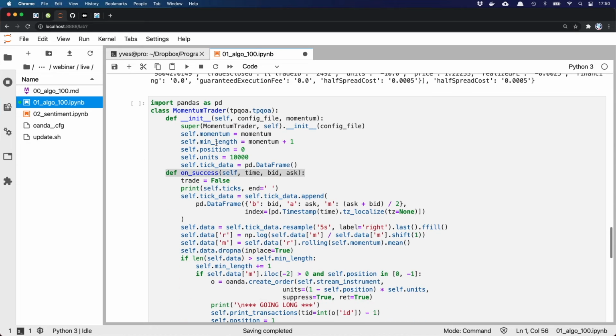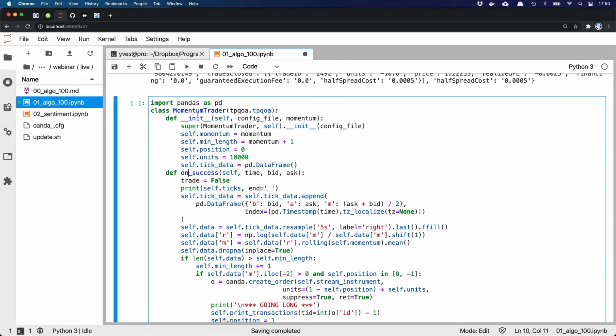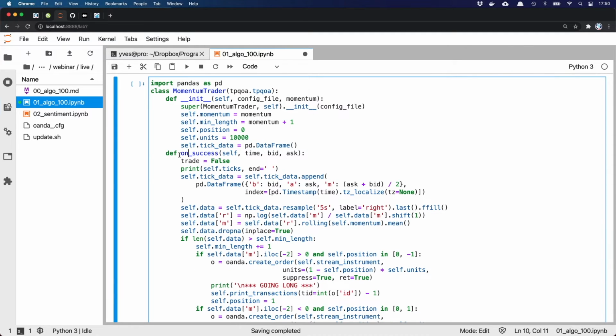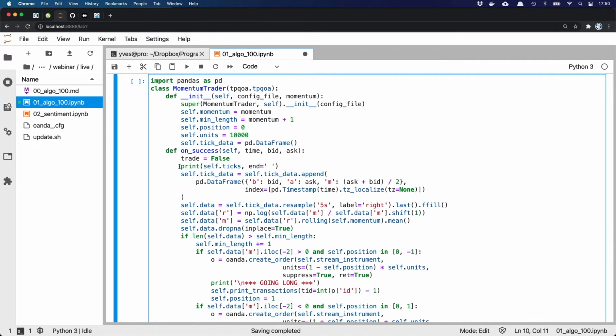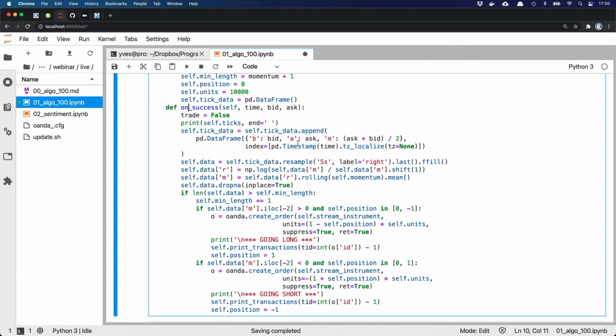And this is now our tool here. We inherit for the momentum trader from the original file. We have a little bit of housekeeping and management there. And then we rewrite the story with regard to the on success method. I have a little helper output here so that we see how many ticks we have retrieved. We append the data to a data frame. We do a resampling. I now go for the demonstration with 5 seconds. The backtesting was 1 minute. I go here with 5 seconds, right? Because otherwise we would need to wait too long.